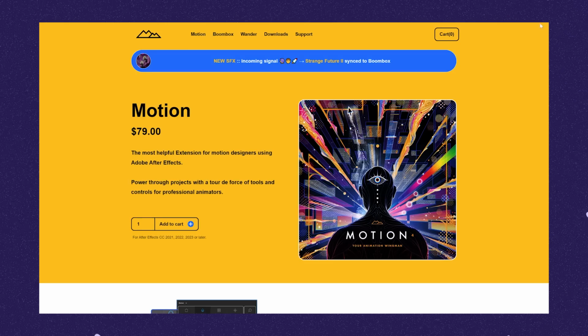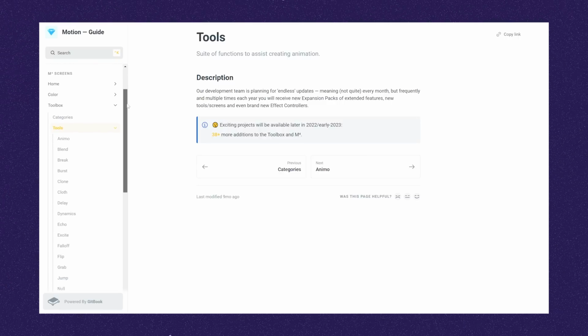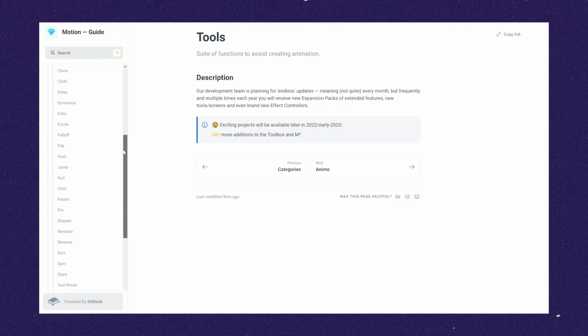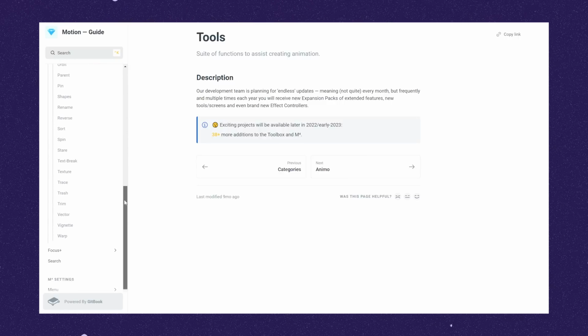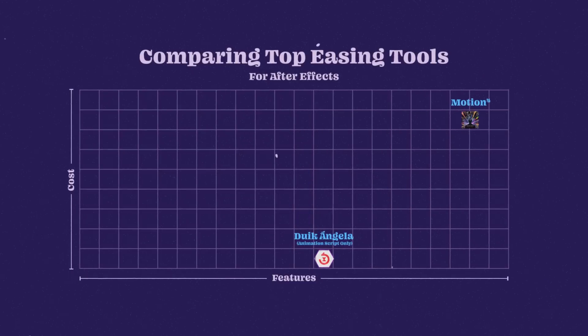Motion 4 from Mount MoGraph is currently $79, which sounds like a lot of money, but just look at the list of tools that comes with it and the fact that Matt is constantly updating it, making new features, making improvements. It's a really, really well-designed extension. Even though it does have a lot of things going on, it is very customizable to whatever you use most out of it. And I still guarantee you that if you purchase it, you will find great use out of it and you will never regret spending that money. And I didn't talk about it, but it